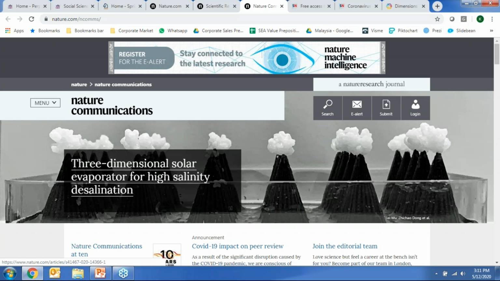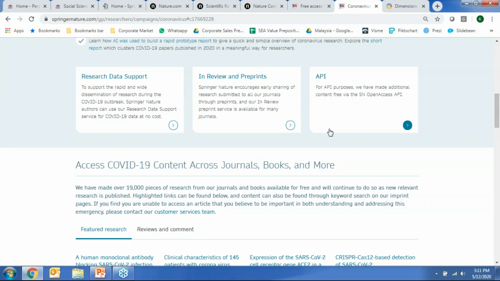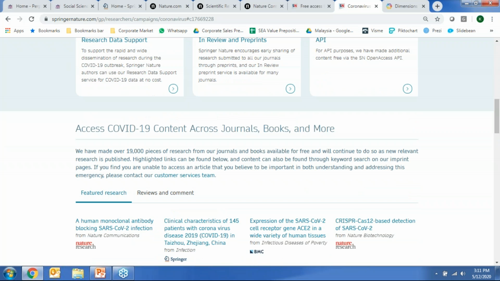And regardless of whether or not your university library has a subscription to them, you can immediately go in and utilize both of these journals and the contents within them, on top of the free coronavirus content published in other paid-for, subscription-based Nature branded journals. Overall, I think there are literally thousands of articles free at the moment inside Springer, Nature and BMC that you could utilize if you're trying to read up on that area, or if somehow you are related to the effort to combat COVID-19.